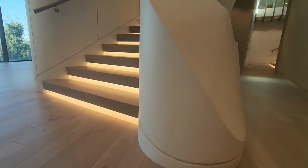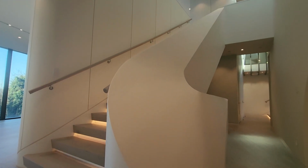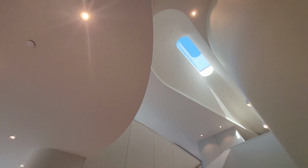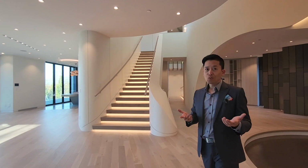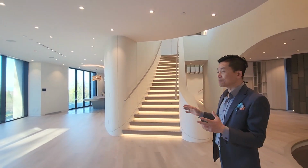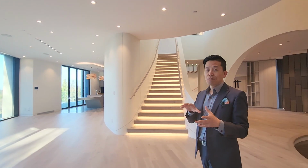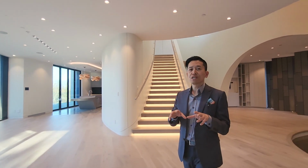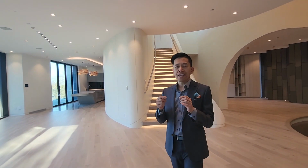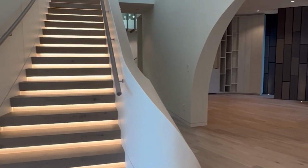This beautiful staircase is a sculptural masterpiece. It may look simple, but it was actually very hard to design, to draw, and to construct. Why? Because there's no straight lines. Doing a box is simple, but something like this where there's multiple angles, multiple curves, we really had to put it into our computer model and model it out, give every single dimension, every inch to the tradesman,